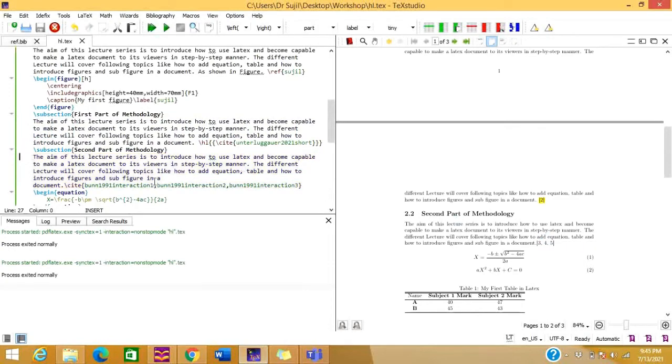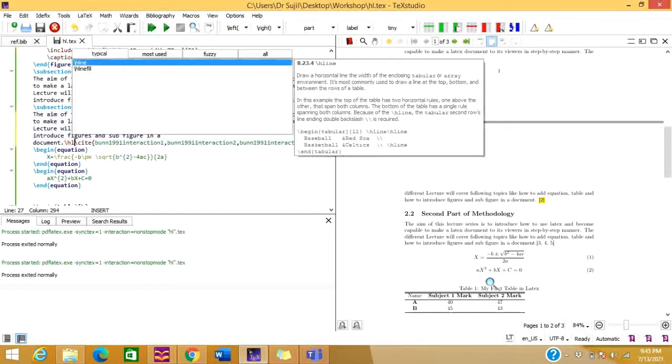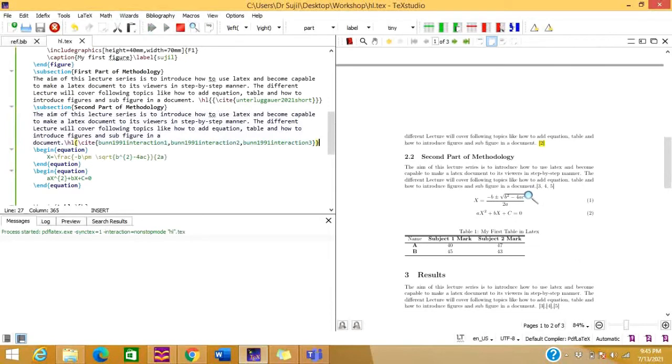So you can see that here the command is, so we can do \hl as in the previous case, and for that we are going to give one more bracket and see what is going to appear. Now let us run this code.